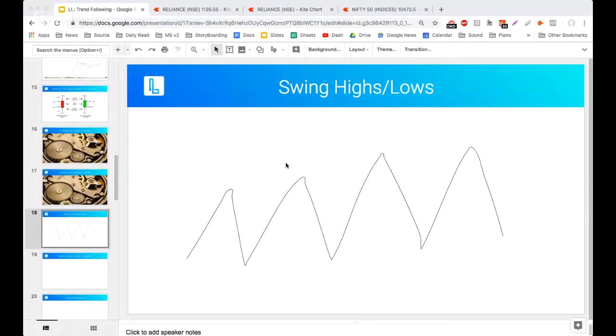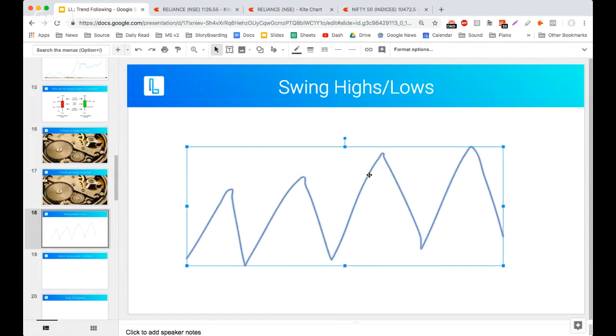Look at it. 1, 2. What's the answer? 3 and 4. That's right. So 4. Some of you got it, some of you didn't. Almost everyone got it. One person said 5. Not bad at all. Give yourself a round of applause for learning swing highs very quickly.